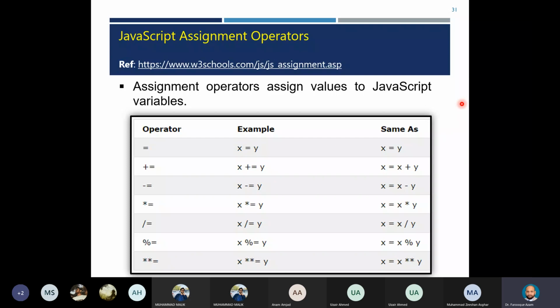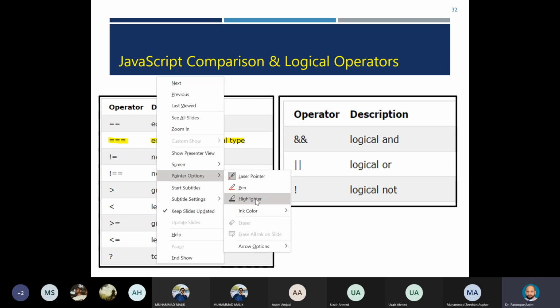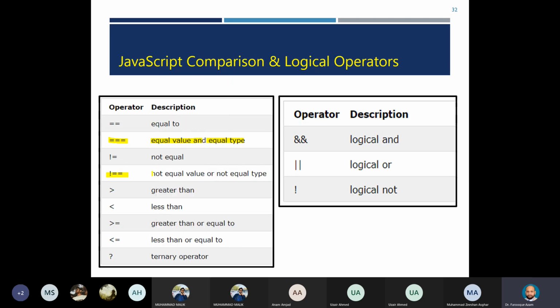ठीक है जी, जिसकी प्रैक्टिस कराई जाती है आपको सी के कोर्स में। ओके, नाउ कंपैरिजन एंड लॉजिकल ऑपरेटर्स। कंपैरिजन ऑपरेटर्स को देखें, किस से फेमिलियर नहीं है आप? तो यही जो तीन, एक तो इक्वल टू वाले और फिर ट्रिपल इक्वल वाला जो है ये इससे फेमिलियर नहीं है आप, और नॉट इक्वल टू वैल्यू एंड टाइप। तो इसको हम डिस्कस कर लेते हैं कि ये क्या है। एंड ऑन दी राइट साइड देयर आर लॉजिकल ऑपरेटर्स, ये भी मेरे ख्याल में वही हैं जो सी में होते हैं। नॉट है और है और लॉजिकल एंड है।